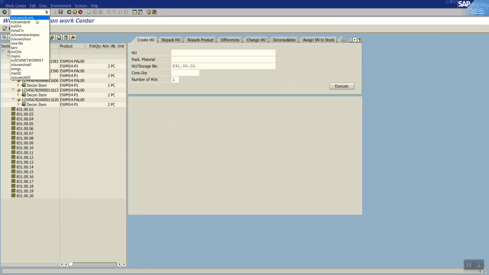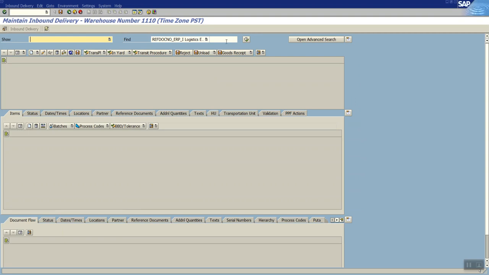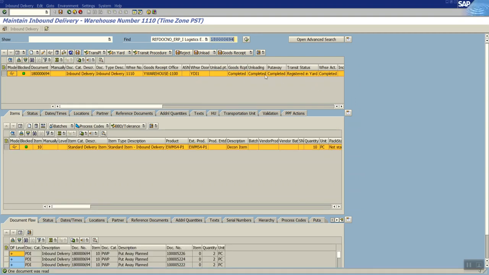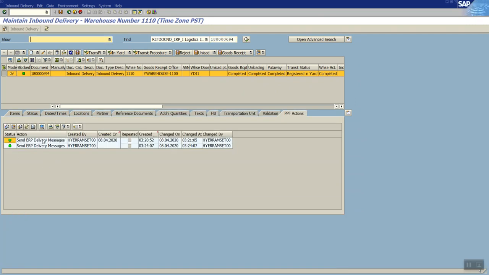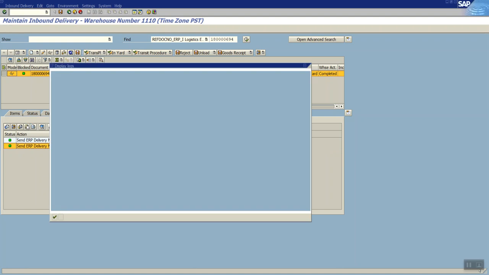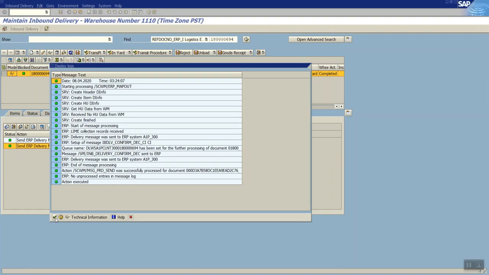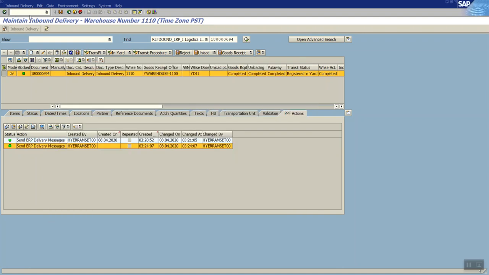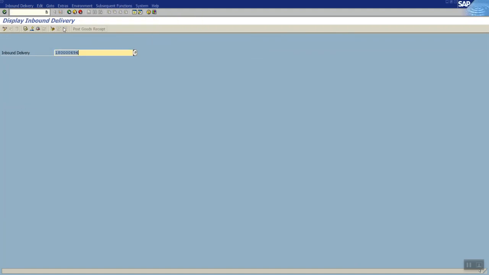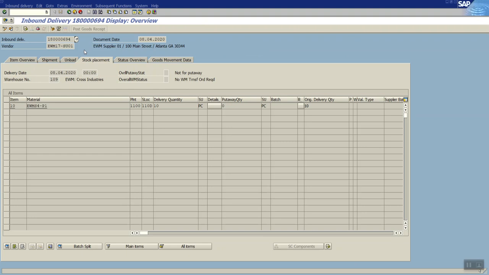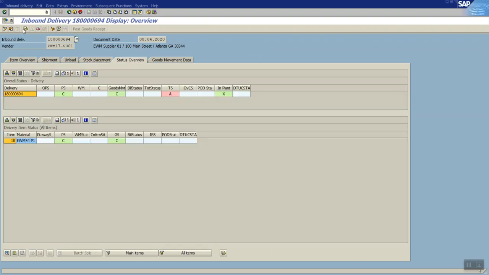So if you want to see, you can also look at the statuses of the inbound delivery. The inbound delivery statuses and the communication, everything is completed, and in the PPF tab you can see the various communications triggered, and the communication would have reached ECC, and our ECC delivery status and the document flow would have been updated as needed.